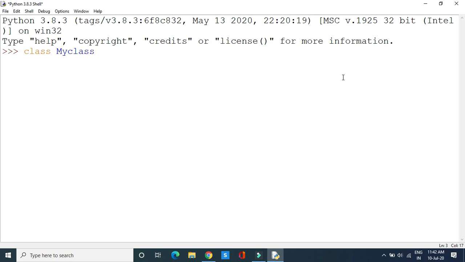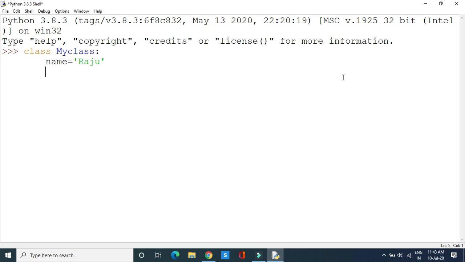In this case, the class name is MyClass. You put a colon to represent that there is a block of statements related to this class. First of all, I will declare one variable. As we know, encapsulation applies to variables and functions. First, we will see the encapsulation of data, or variables.